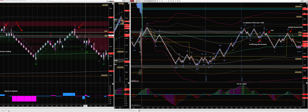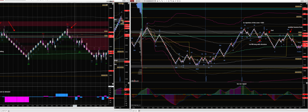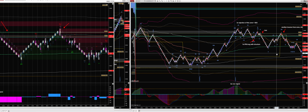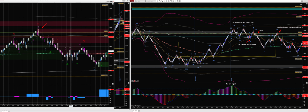Don't trade between VWAP and POC. And on the histogram, I didn't really see demand or supply getting in. I didn't see it, so I didn't like it. I didn't take it. And this is a good example why you don't trade VWAP trades, because here you could